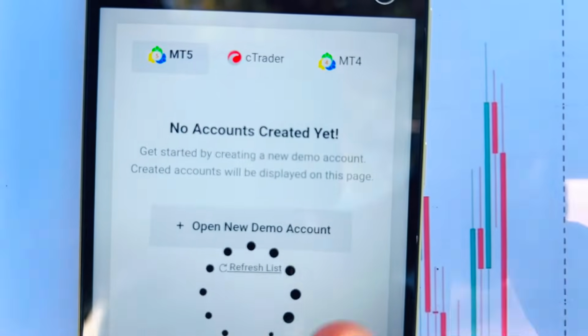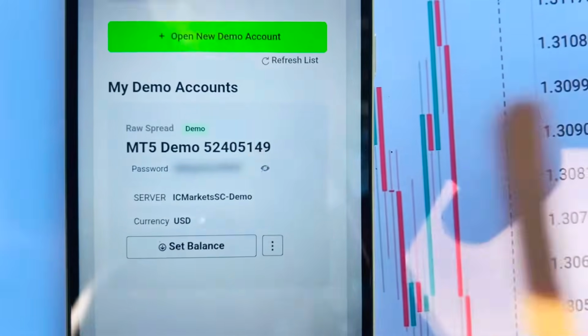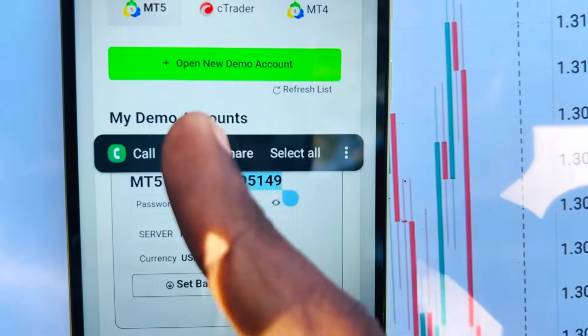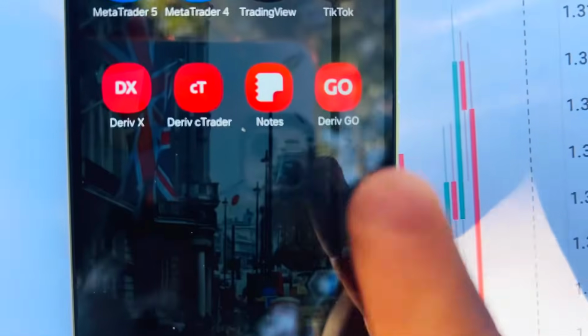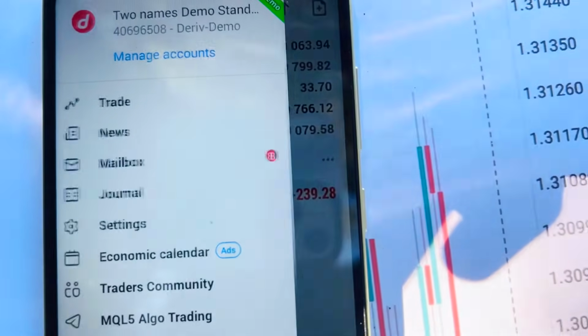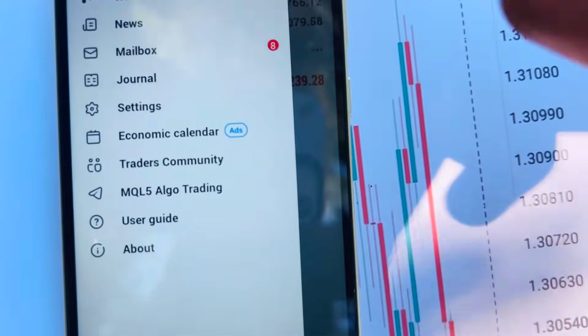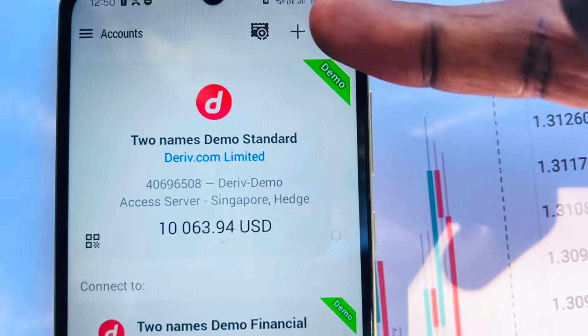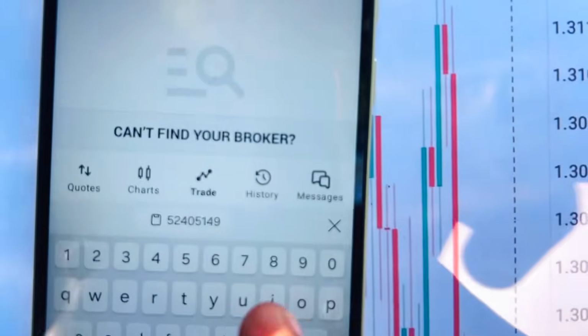So you can trade. You copy these details just like that. Let's do the MT5 quickly. I don't want us to waste time. Open MT5, click this icon here. If you're having an iPhone, you will see settings here. Then click manage account. Click this plus icon here and search IC Markets